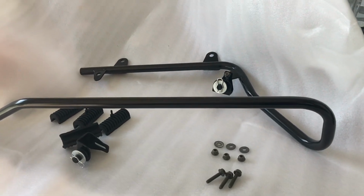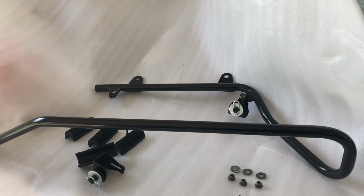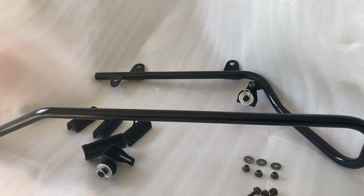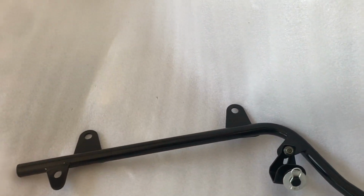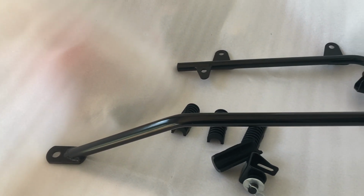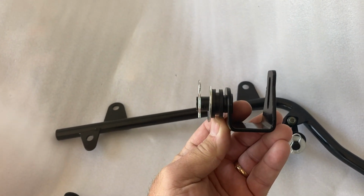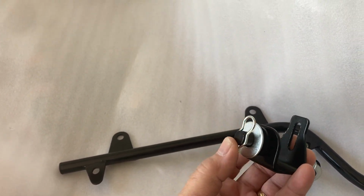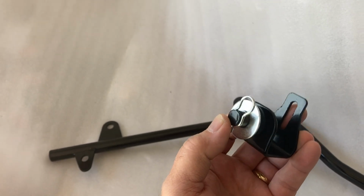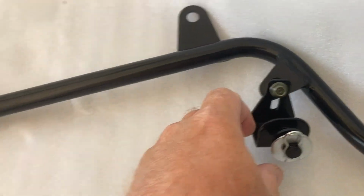All right, guys, so as I said, there are no instructions on the kit. So I thought I'd give you a little more detailed instructions with this one side bracket. So as I pointed out earlier, this hole and this hole, they bolt to your fender. This hole bolts to your passenger peg, and then you got to mount your bags to it. So the kit comes with this. This end right here is what goes through your bag and holds your bag on, and this here is slotted so you can adjust it, and then it comes with these nuts and bolts to bolt that to the 2